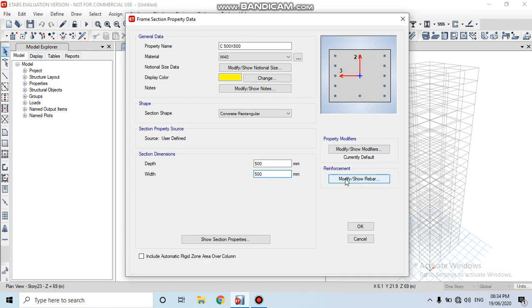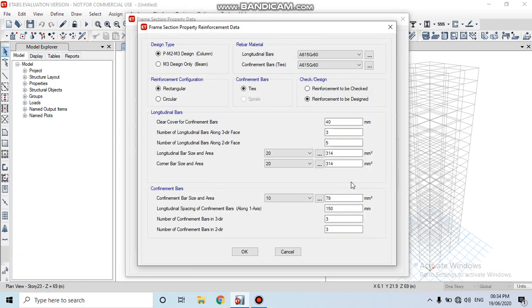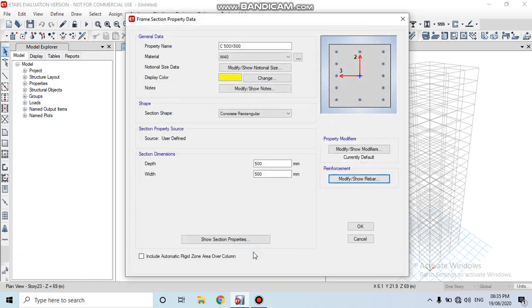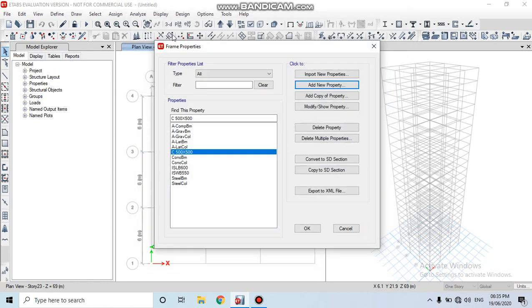For the reinforcement, click on modify or show rebar. Keep the design type as column, and in the rebar material add HYSD 500 and tie bars as mild 250. Then click on OK. Again click on OK. Here we can see that the column 500 into 500 mm has been defined.